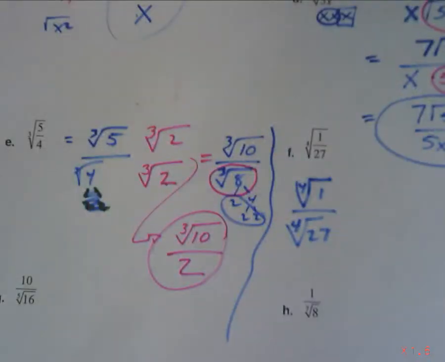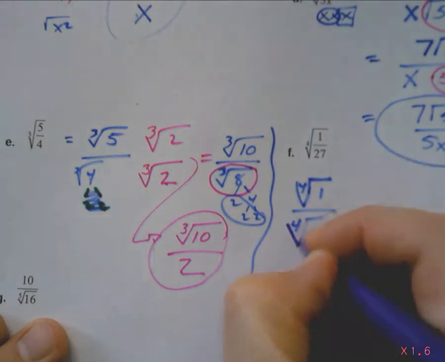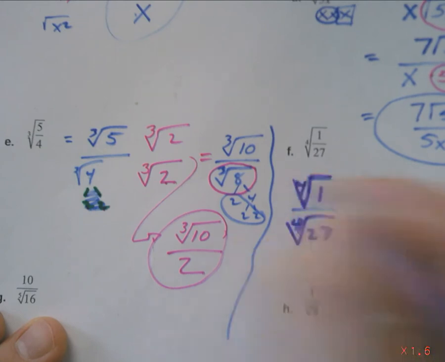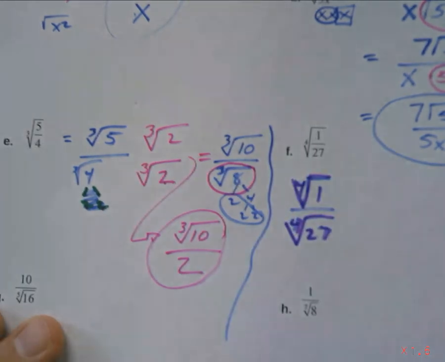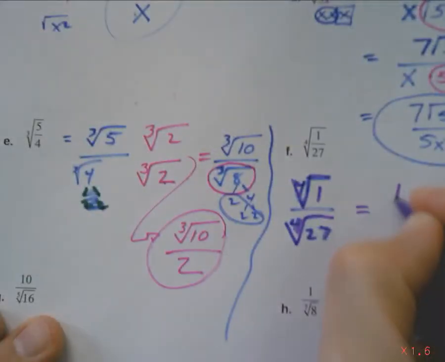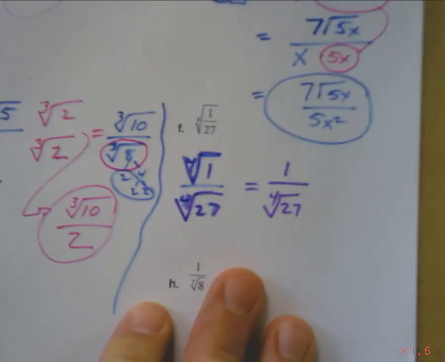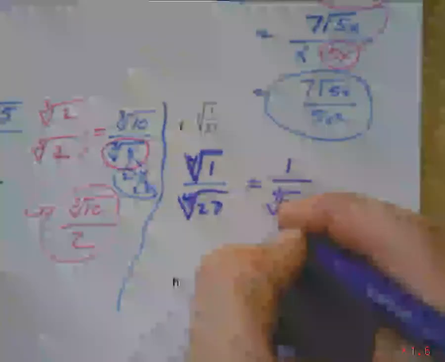All right, let's look at this 4th root of 27, and let's look at the 4th root of 1. What do you guys think the 4th root of 1 is? 1. That's just 1. So that simplifies the 1. And now look at 27. Think about how to break down 27. 9 and 3,